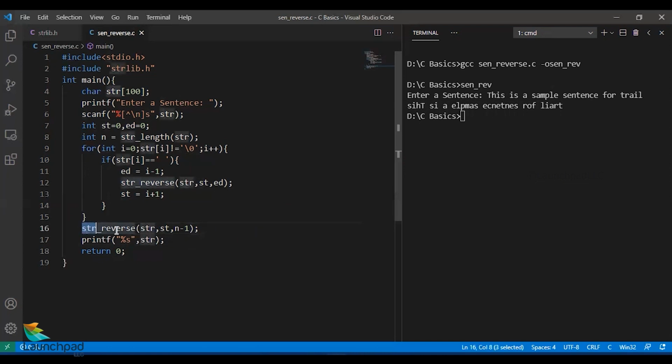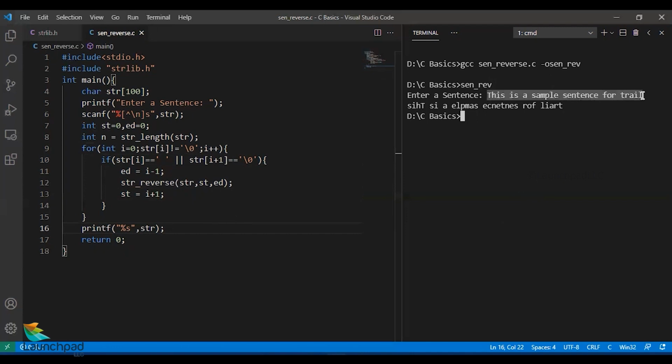Instead, if you don't want the string reverse function to be called outside the for loop, you can eliminate it and add this statement: or str of i plus 1, that is the next character, is equal to a null character. If either of these conditions is true, then again the reverse has to happen. In this case also, it helps you solve the problem.